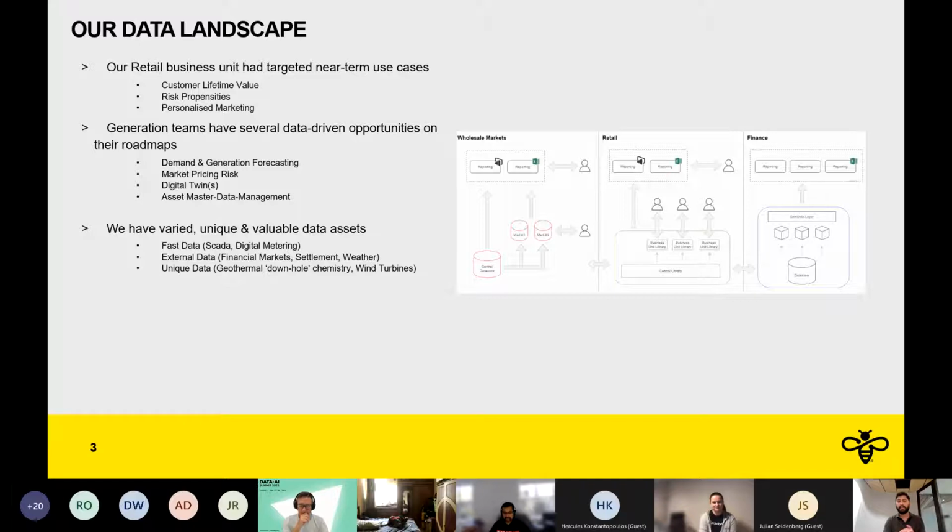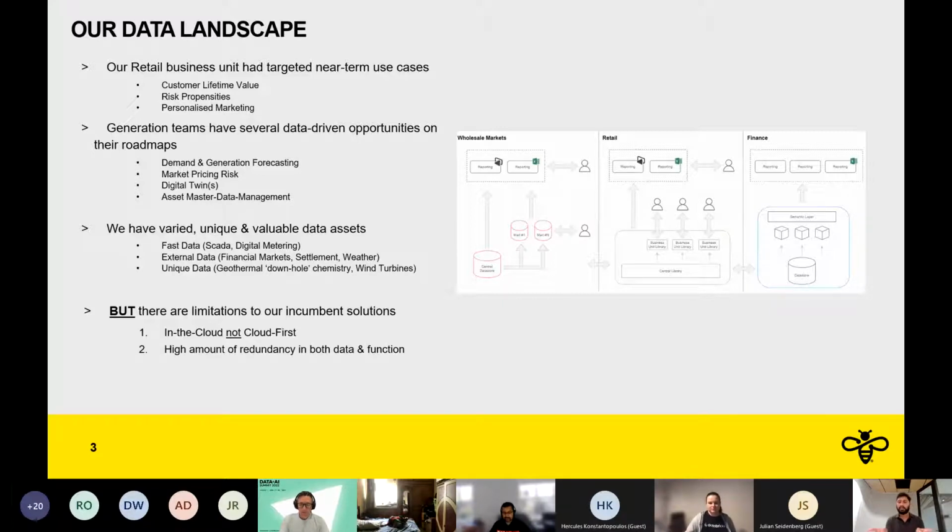So we've got enough drive to create a data and analytics platform, a modern platform that does data science and machine learning and all that. Then there were needs, right? However, with the solutions that we had, there were certain limitations. For example, all of these technologies were imported to the cloud, right? They were not built for cloud, which means we were not able to take advantage of the elasticity or managed services that the cloud offers. And from the image, you can see that there is a high amount of redundancy and data silos across the things. Because we use different technologies for different business units, we had to move the data across.